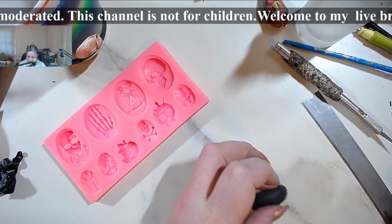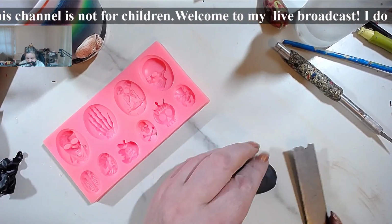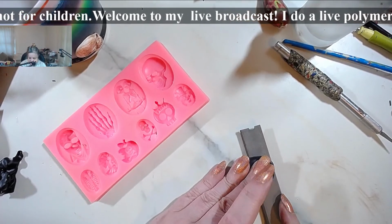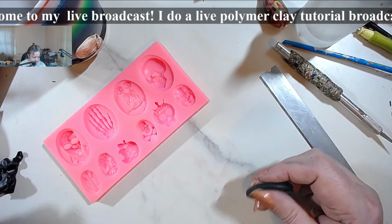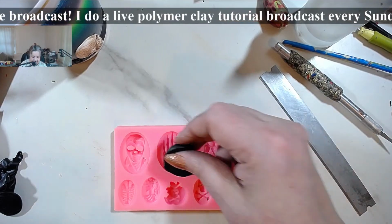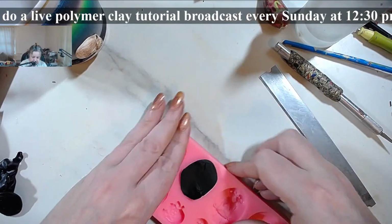Okay, this is a little bit too thick. And again, the only thing is that you have to make sure that you don't have a lot of clay that you're trying to push in the mold, and that the clay is very soft and well conditioned. So obviously the Cernit is going to work much better for this kind of stuff. And then